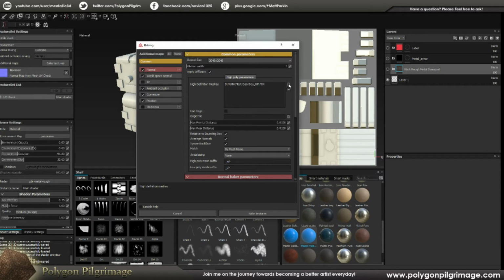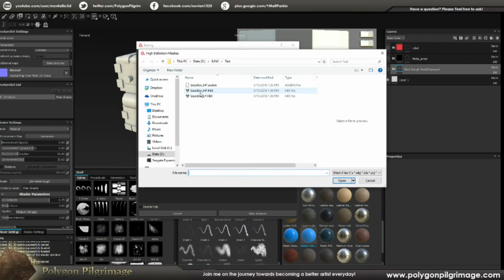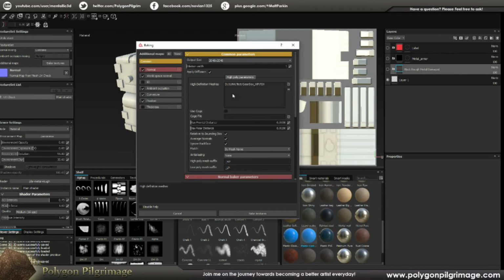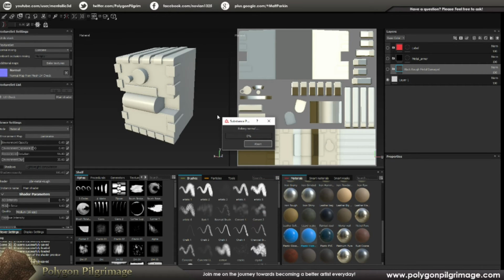And then you click this button here for your high poly maps. It shows my high poly. There it is. You can see I've already done this once, so that's why it's already there. And here's the magic part, under match, I'm going to say by mesh name, and down here I'm going to set my suffixes so that high poly is set to HP and low poly is set to LP. And I'm just going to hit bake, and I've already baked it, as you can see the results there,